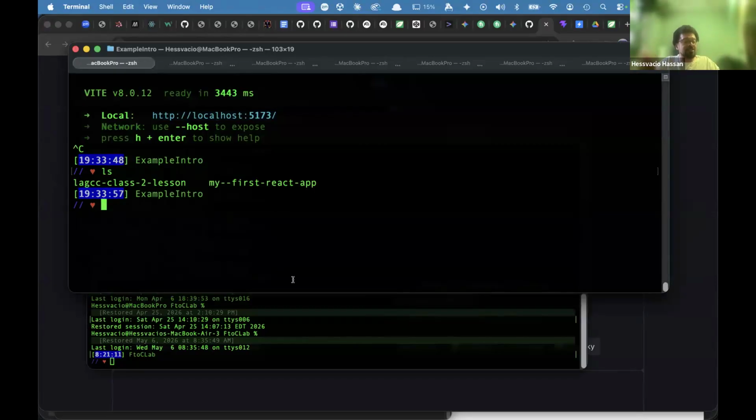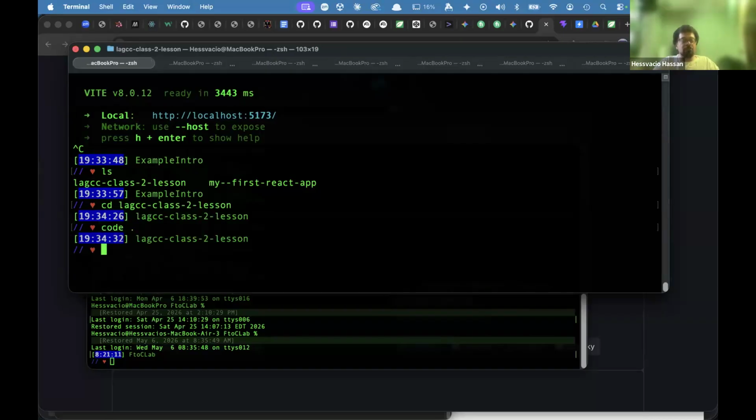One gotcha that's always a little silly is I always wish Vite would change your directory and put you right into the actual repo that you've created. It doesn't. It just runs the server. So I'm going to cd into the web app that we just made. I'm going to run code to open it up, and bam, right here,